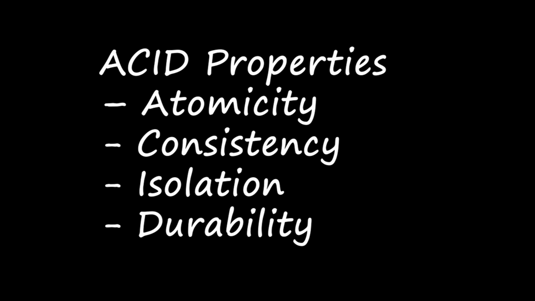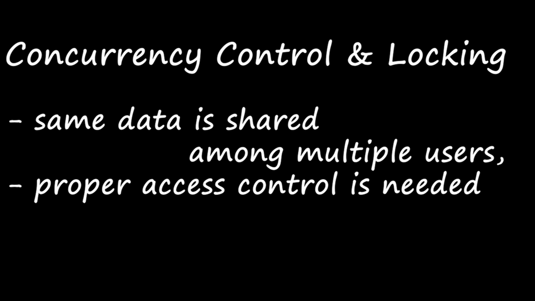Then next one is concurrency control and locking. It is a database management system technique used for sharing data. When the same data is shared by many users, proper access control is needed. So the application data items will be arranged in priority order: whichever came first will be served first, then the next one. So we have an order, controlled by locking. That is concurrency control and locking.